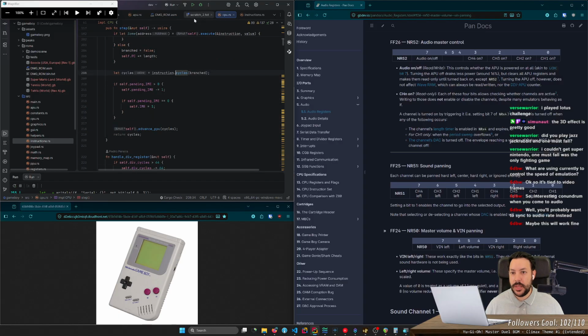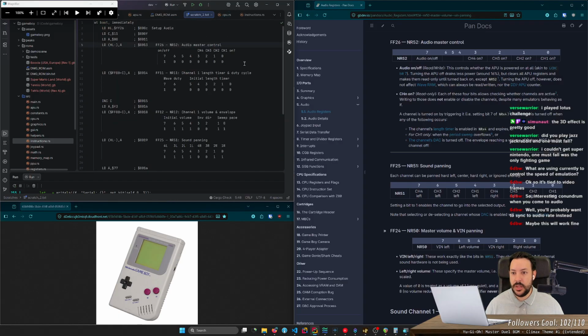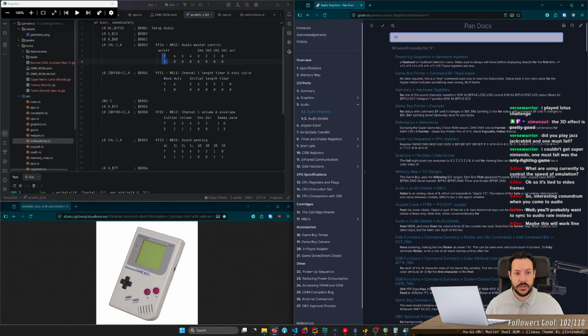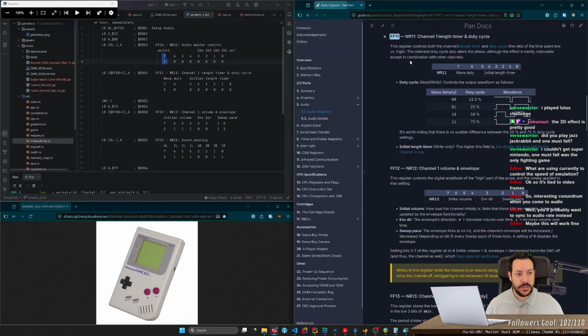Okay, back to the scratch thing. Here I enable audio. Then I set FF11. What is this?